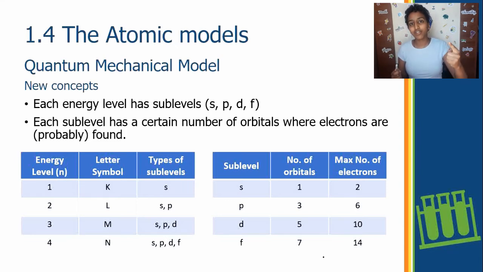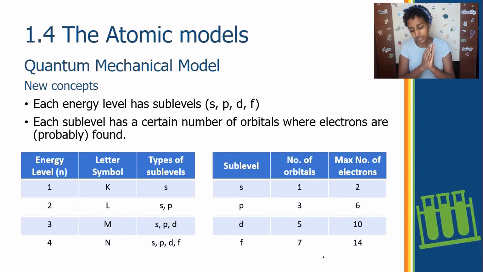But each energy level has a different number of sublevels, okay? The first energy level has 1 sublevel, S. The second has 2, S and P, the third has 3, SPD, and the fourth has 4, SPDF, okay? So what do each of these sublevels mean? Well, like I mentioned earlier, each sublevel has orbitals, which are where the electrons actually may be found, okay? So the sublevel S has 1 orbital, and we know 1 orbital can hold a maximum of 2 electrons, okay? P has 3 orbitals, and we know that 3 orbitals mean that there's 2, 2, 2 in each, a maximum